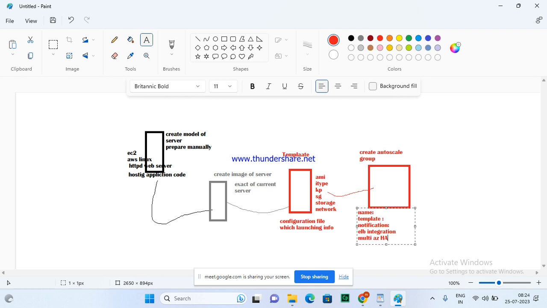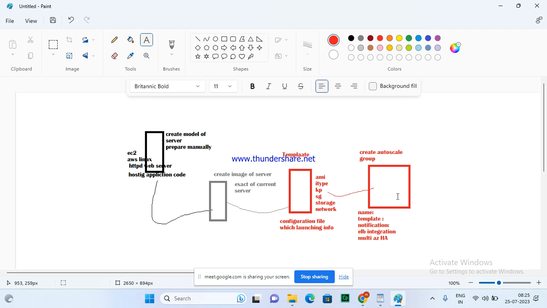If one building, one data center unit, is having some problem, at least the second data center is available. That is how Amazon created their infrastructure. So you should not launch servers in one building, one unit. You have to launch in different units, because if something happens to one building, it will not affect your application. So whenever auto scaling launches the server, it should launch multi-AZ. The best practice is multi-availability zone. Now, with this notification, everything is done.